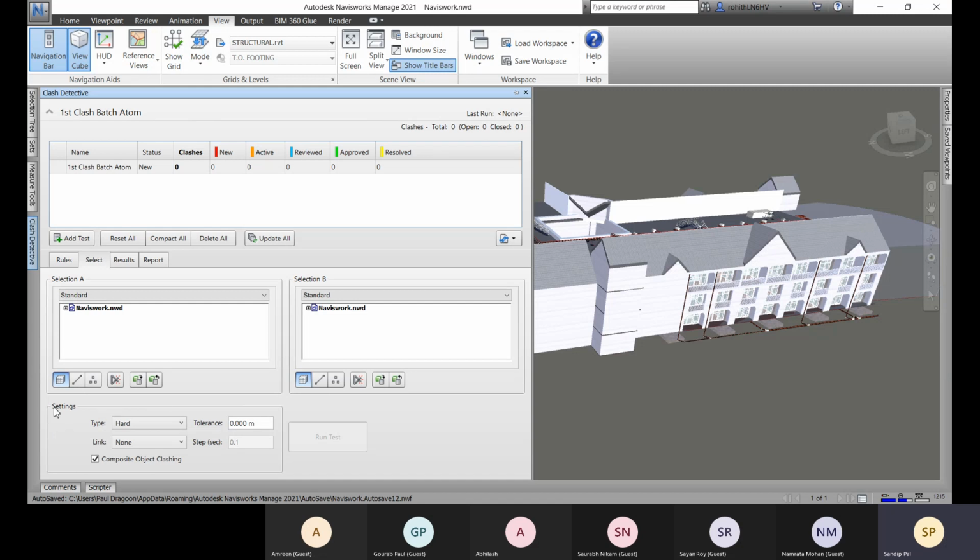Then about your settings, what kind of type you want to have. Here you can see hard.